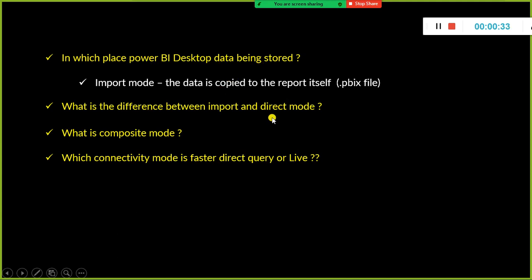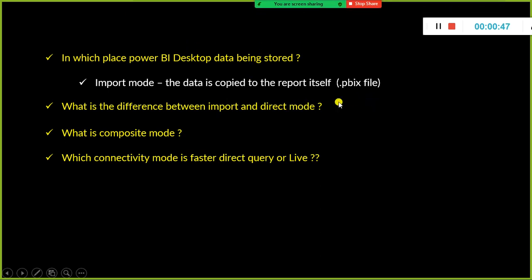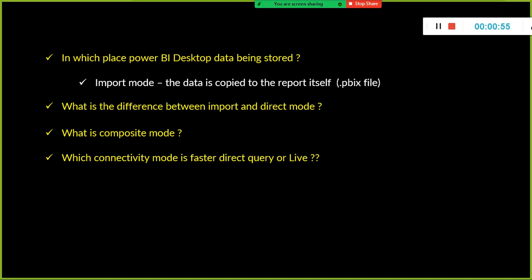Next one is, what is the difference between import and direct mode? Import is pretty simple. When you import the data, it gets stored locally in your system. In direct mode, the data is not stored in your local system. Instead, your query or the visual will query your data remotely.